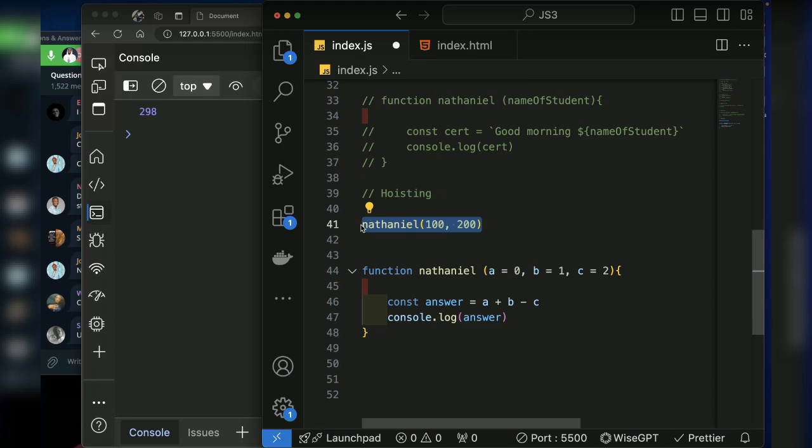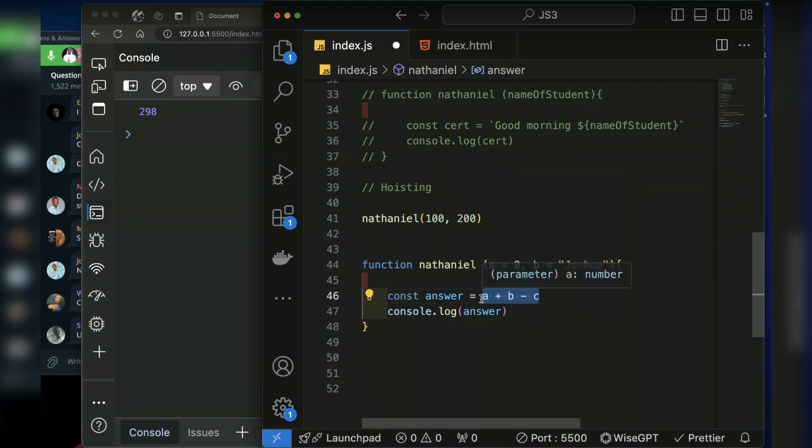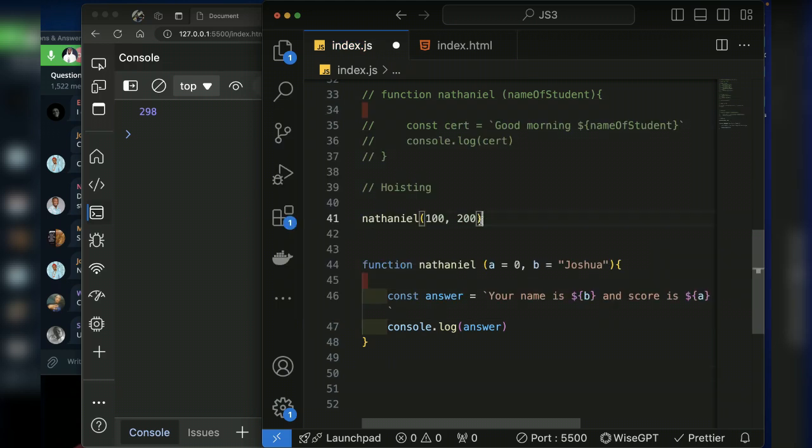For example, something like this, I will say passing a string Joshua. So what this will do is it will create a variable and say your name is, and passing B is the name of the user, and say and score is, and passing A. So what if we've already called this function with just numbers, and then while you are trying